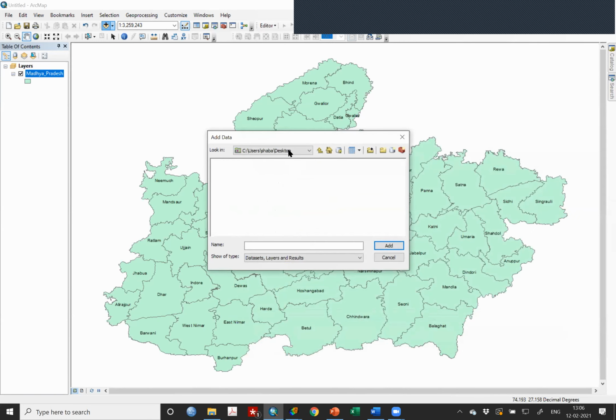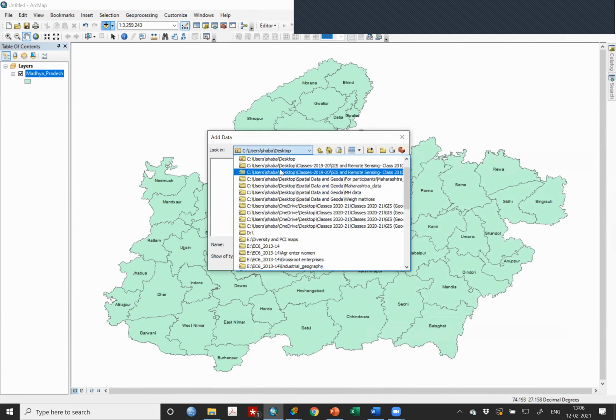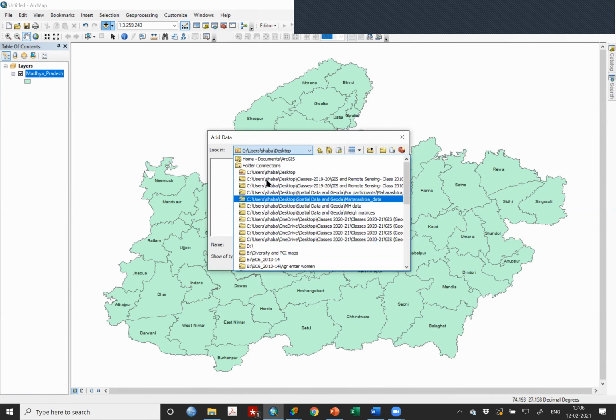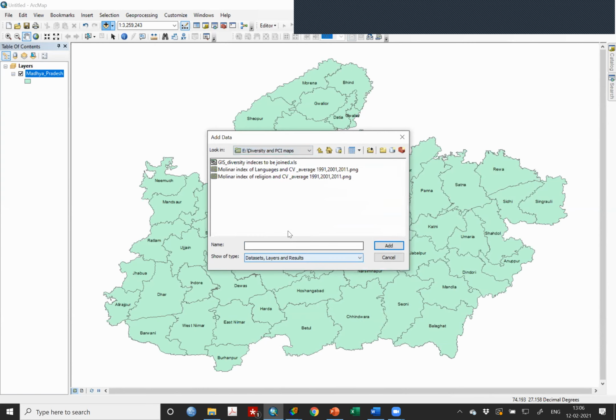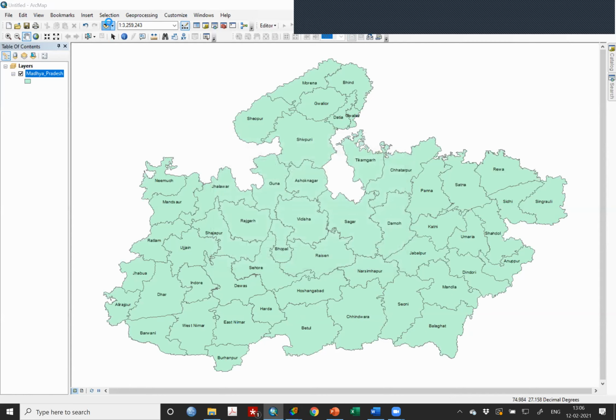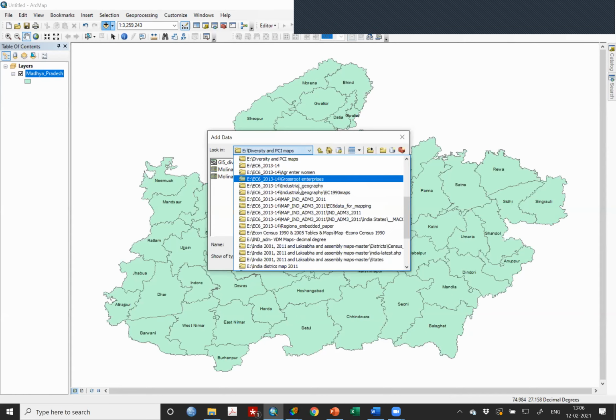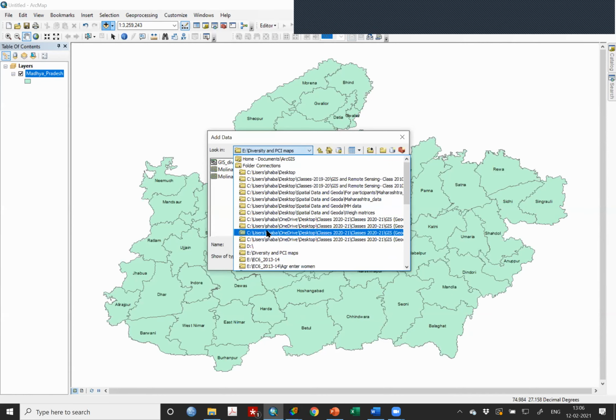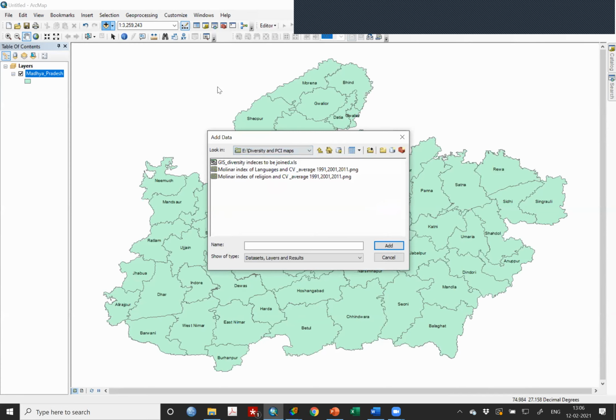I am not getting any file. I moved it. It has also not worked. What am I doing?